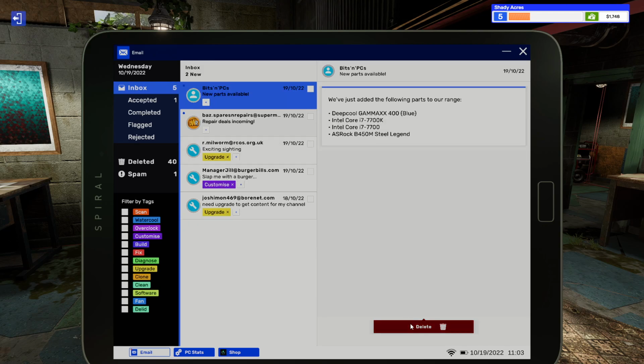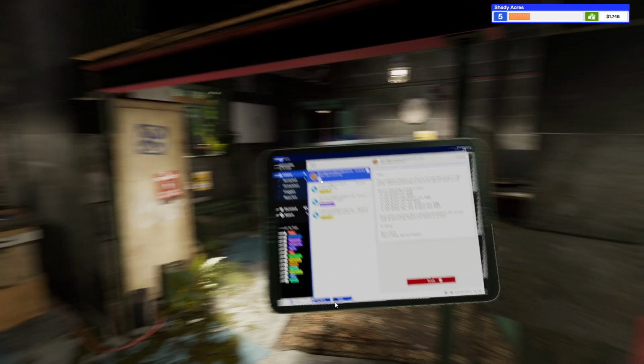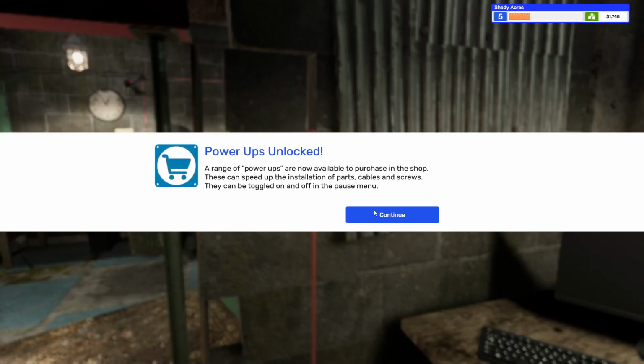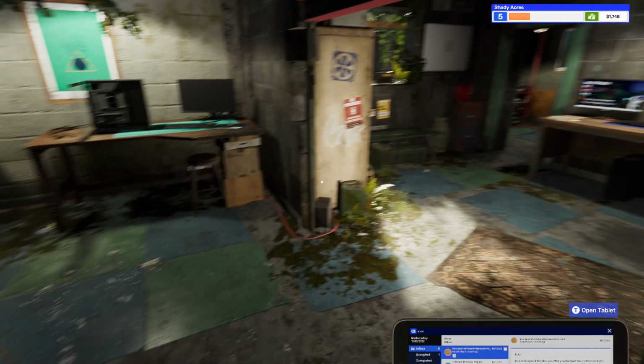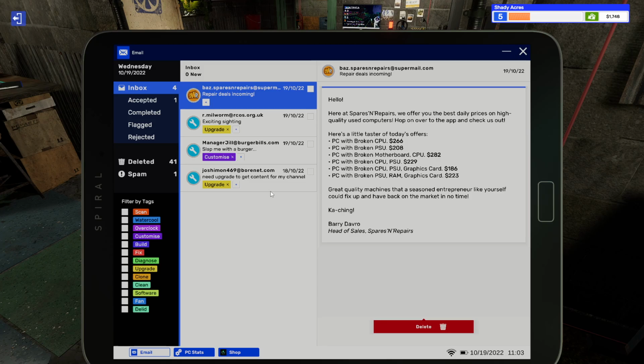HyperX Fury DDR4. Okay. Deals incoming. Yeah, so this is a broken PSU, a broken CPU. Those two, the CPU one can be good, so we will look at it. Power ups unlocked. Oh, even better. So let's go here first. Let's go to